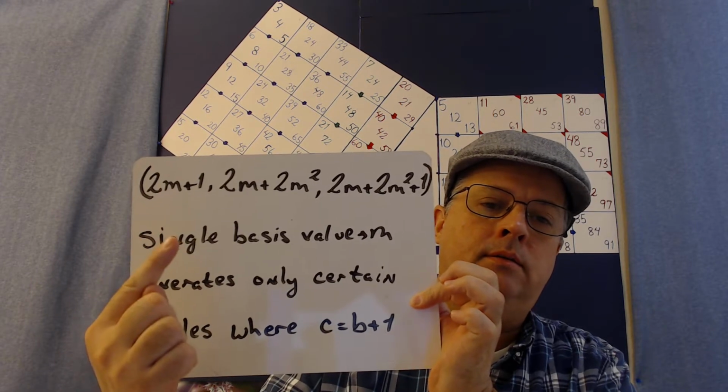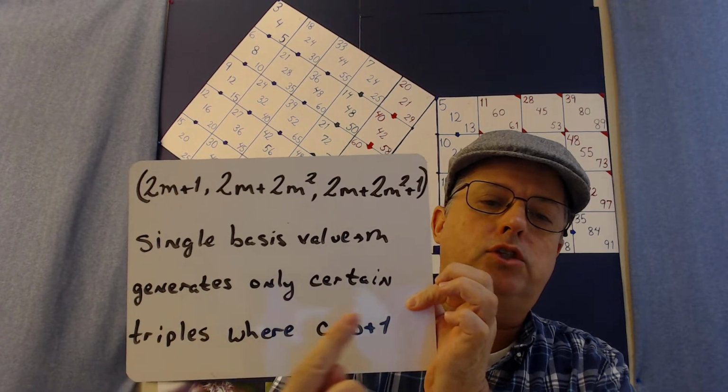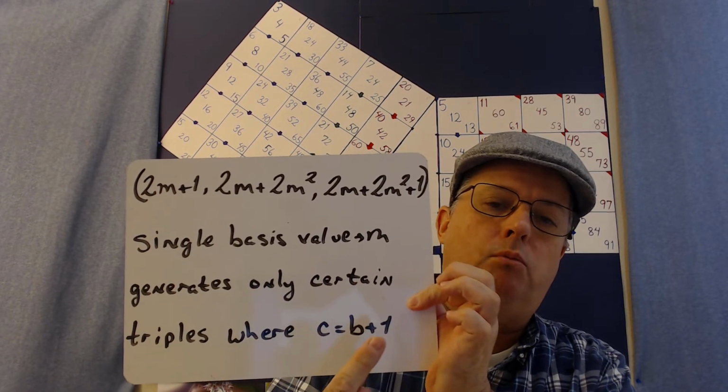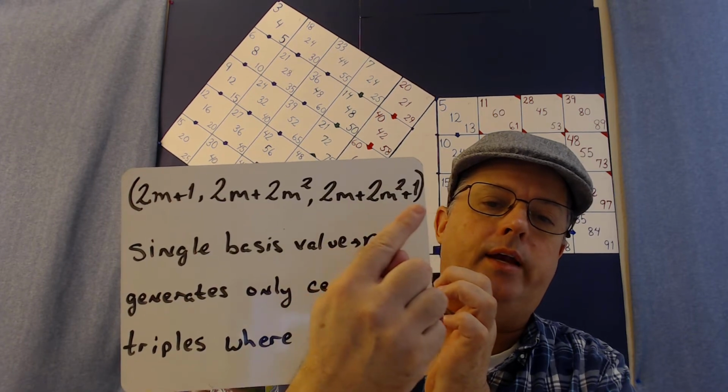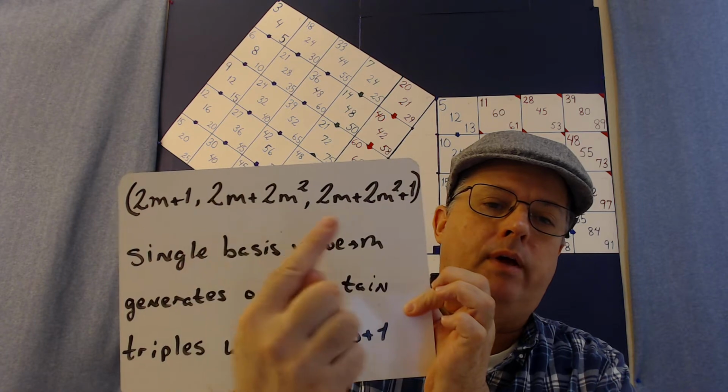And this type of formula only generates certain triples where the c value is one more than the b value. You can see that here. This is the c value, and it's one more than the b value. And so, for example,